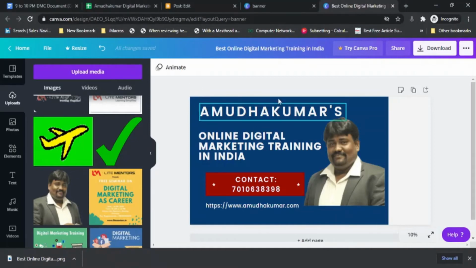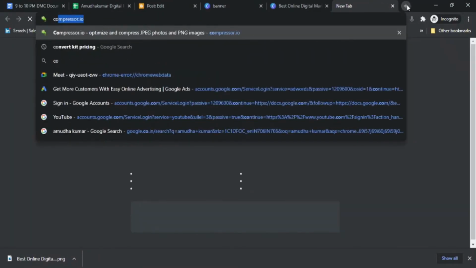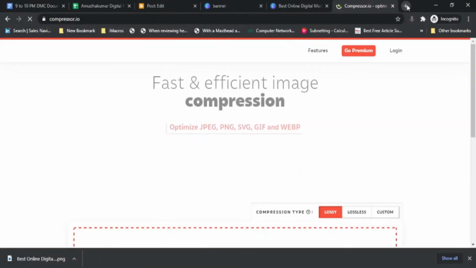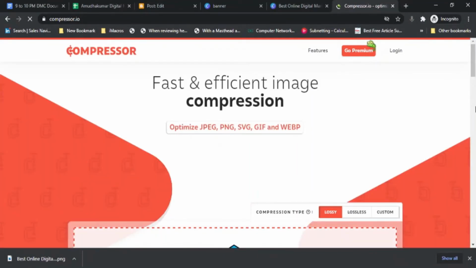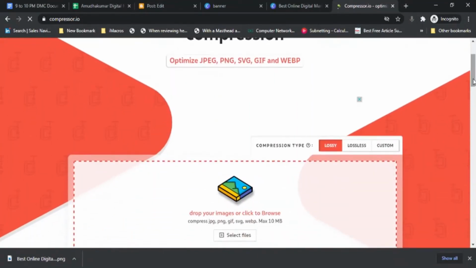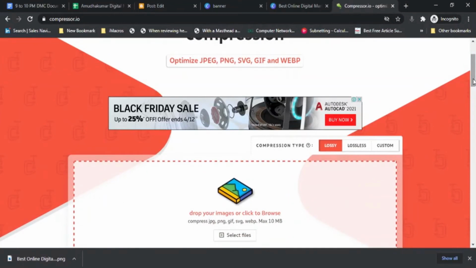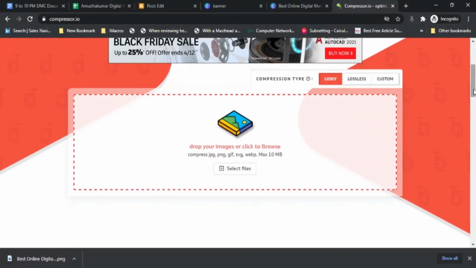So I am going to compress this image size using a software called compressor.io. Why do we need to compress the image? Because when an image size is very huge, it will take time to download, it will take time to transfer the data, and it will make your website slow. So instead of uploading a 2 MB image, what if you upload only 250 KB or 300 KB? Your storage space is saved, the time taken to download the image is also saved, and the website speed also increases.